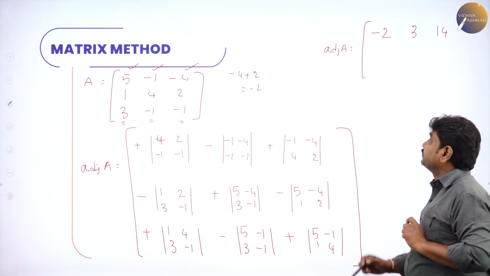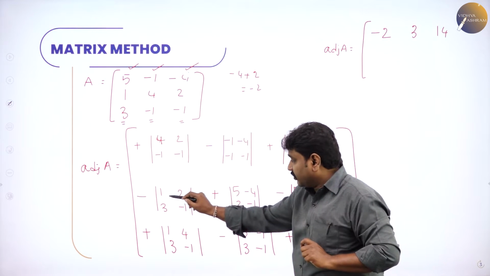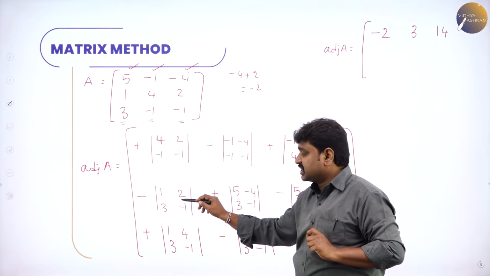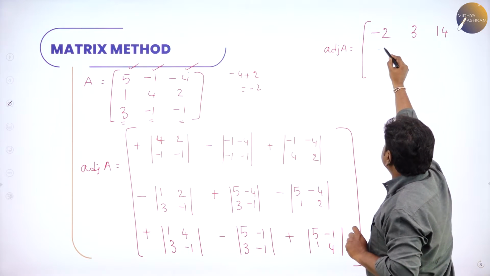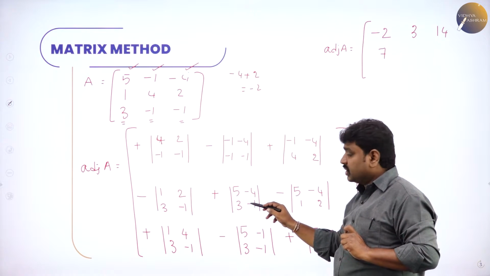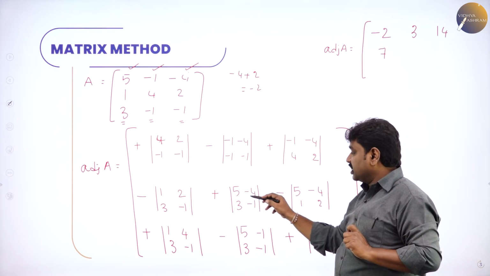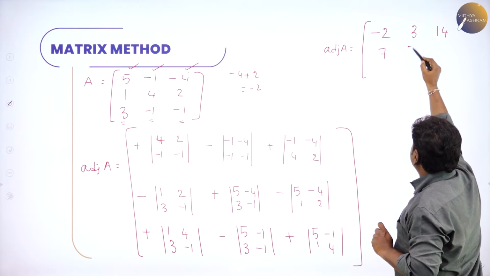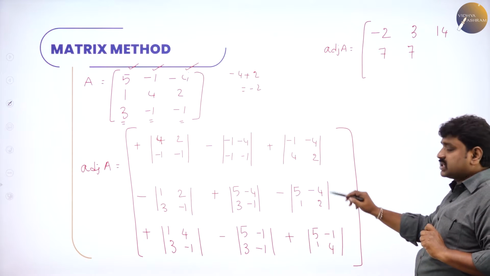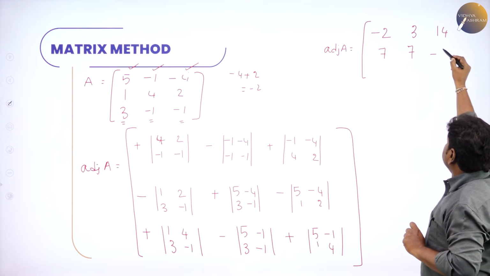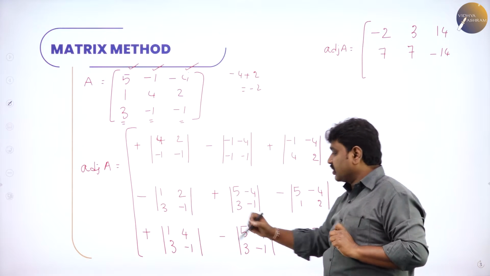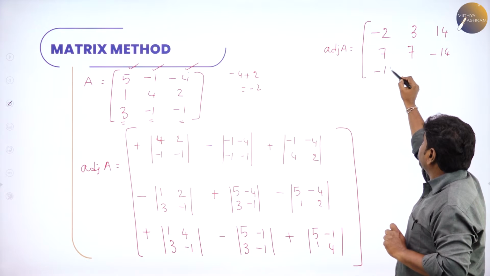Now further, multiply, 1 into minus 1 is minus 1 minus 6, minus 1 minus 6 is minus 7, minus of minus 7 becomes plus 7. Then minus 5 plus 12, so minus 5 plus 12 is 7, positive 7 again. Then 10 plus 4 is 14, minus 14. Then minus 1 minus 12 is minus 13.